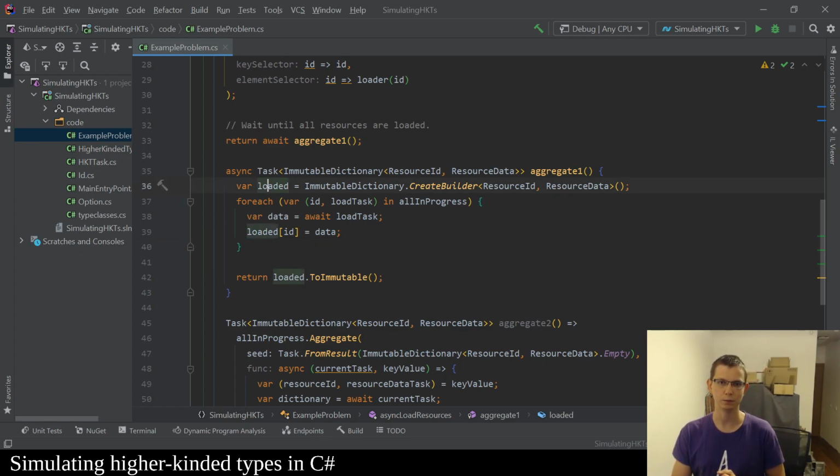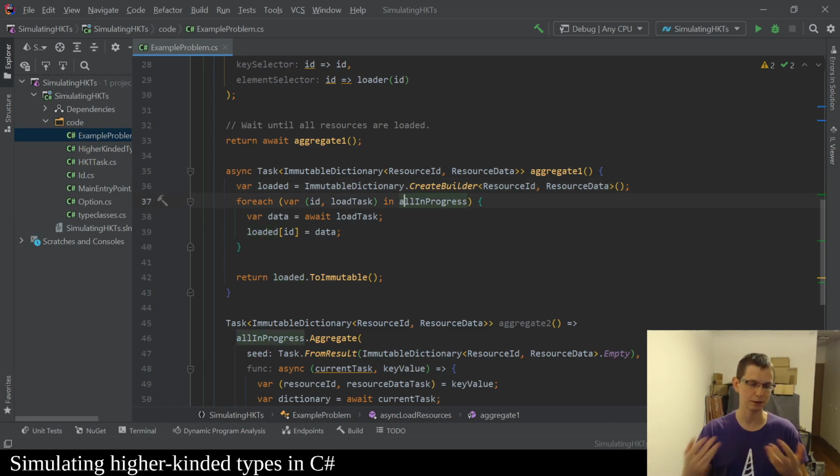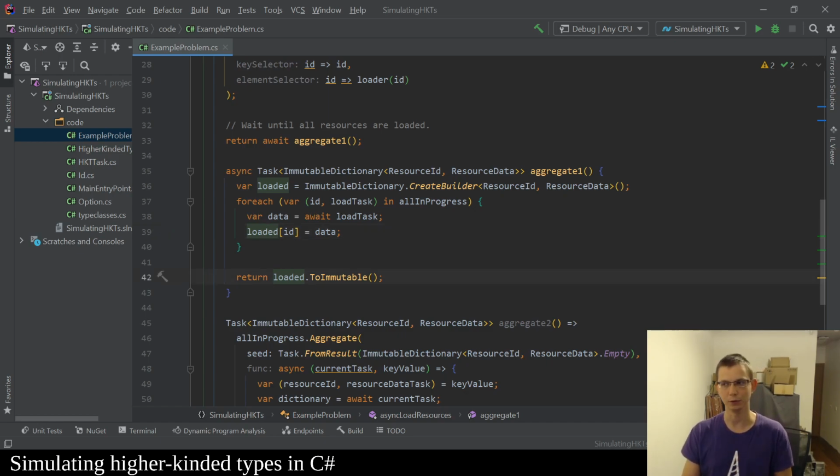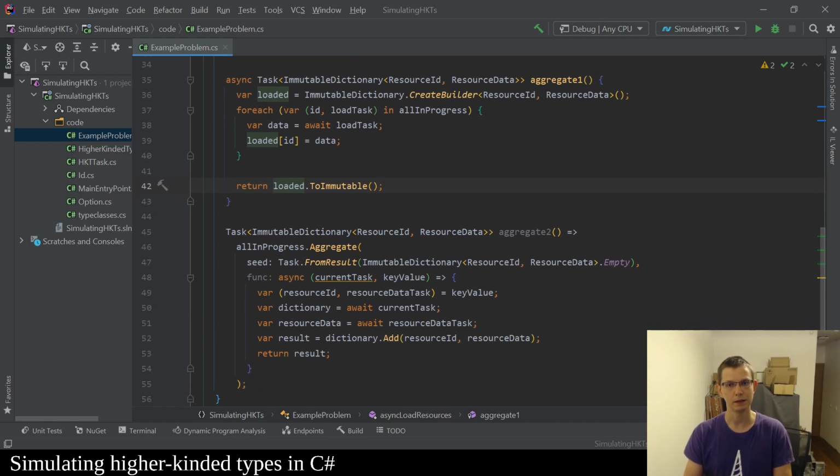One is we create an immutable dictionary builder, and then we go through all of these tasks that are in progress, and wait until each and every one of them finishes. We get the data, we stick it into the dictionary. Once every task is done, we just turn that into an immutable dictionary. The other way